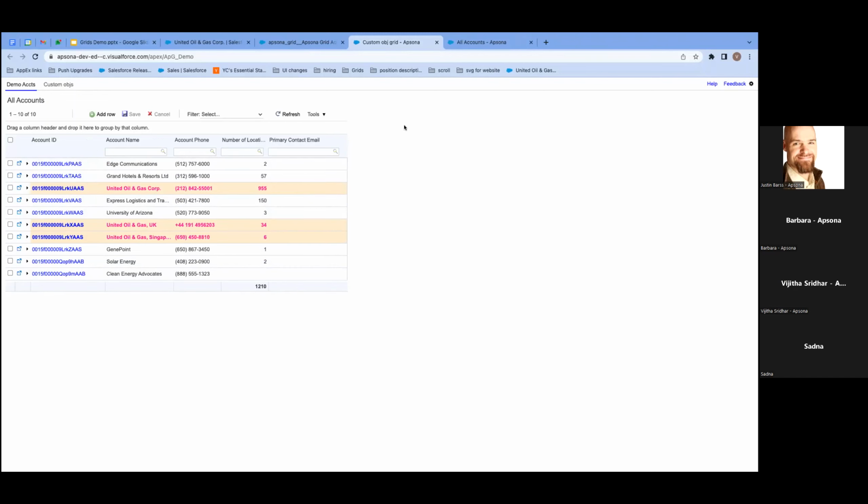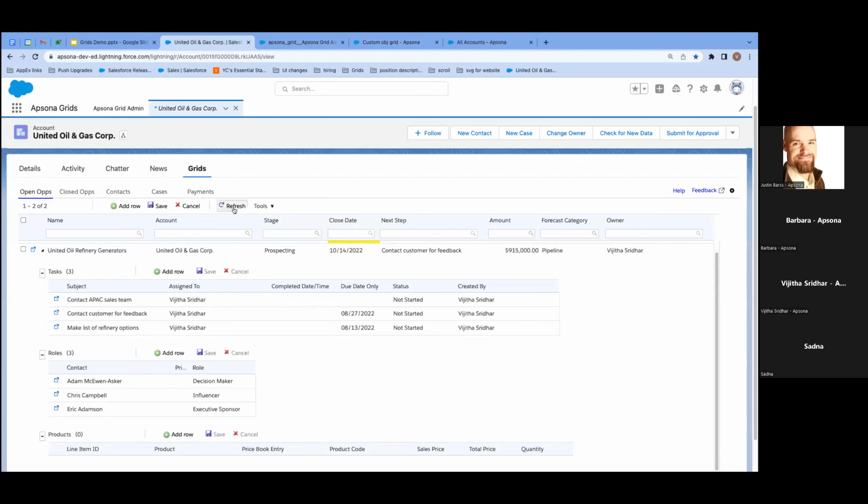But say, you're like, okay, this is one aspect, but what I really wanted to do was create something like this. So if you want to create a lightning component like this, you have to use the related list page option. And in this case, you have to use related objects, basically. So objects that are related to account in some way, since what we want is we want grid information to be filtered by whatever is related to whatever record that you put it on. So over here in Apsona Grid Admin,